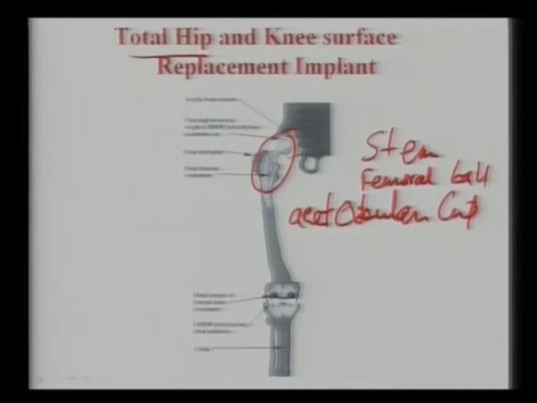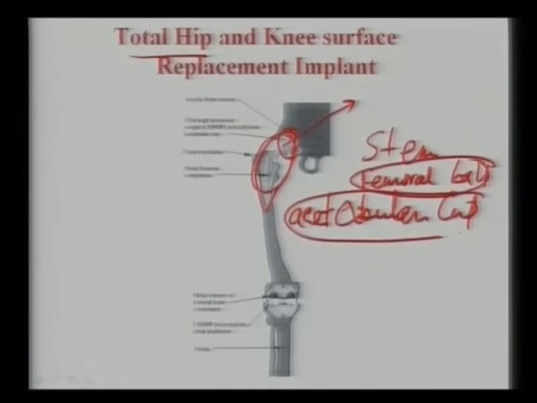Now these three components are mechanically integrated into this particular compact area here, and this total stem is also surrounded by the natural tissues and bones. However, there is an intimate mechanical contact here where this femoral ball is in direct contact with the acetabular cup, and these are like at the articulating contact.